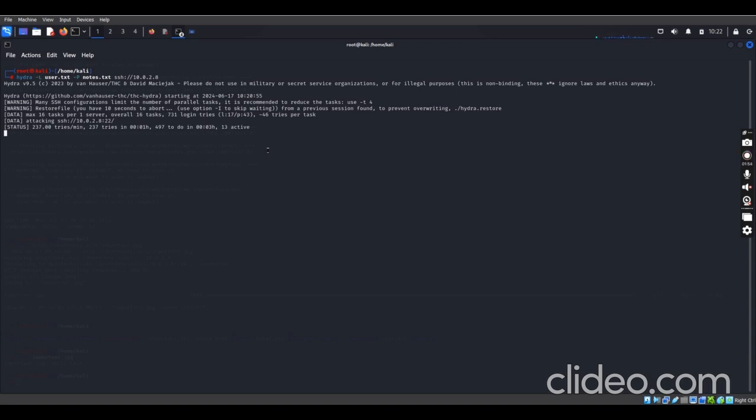Just wait a bit and see what we can get from here. This is an automated process, whereby the tool tries every possible word which you have provided in the word list.